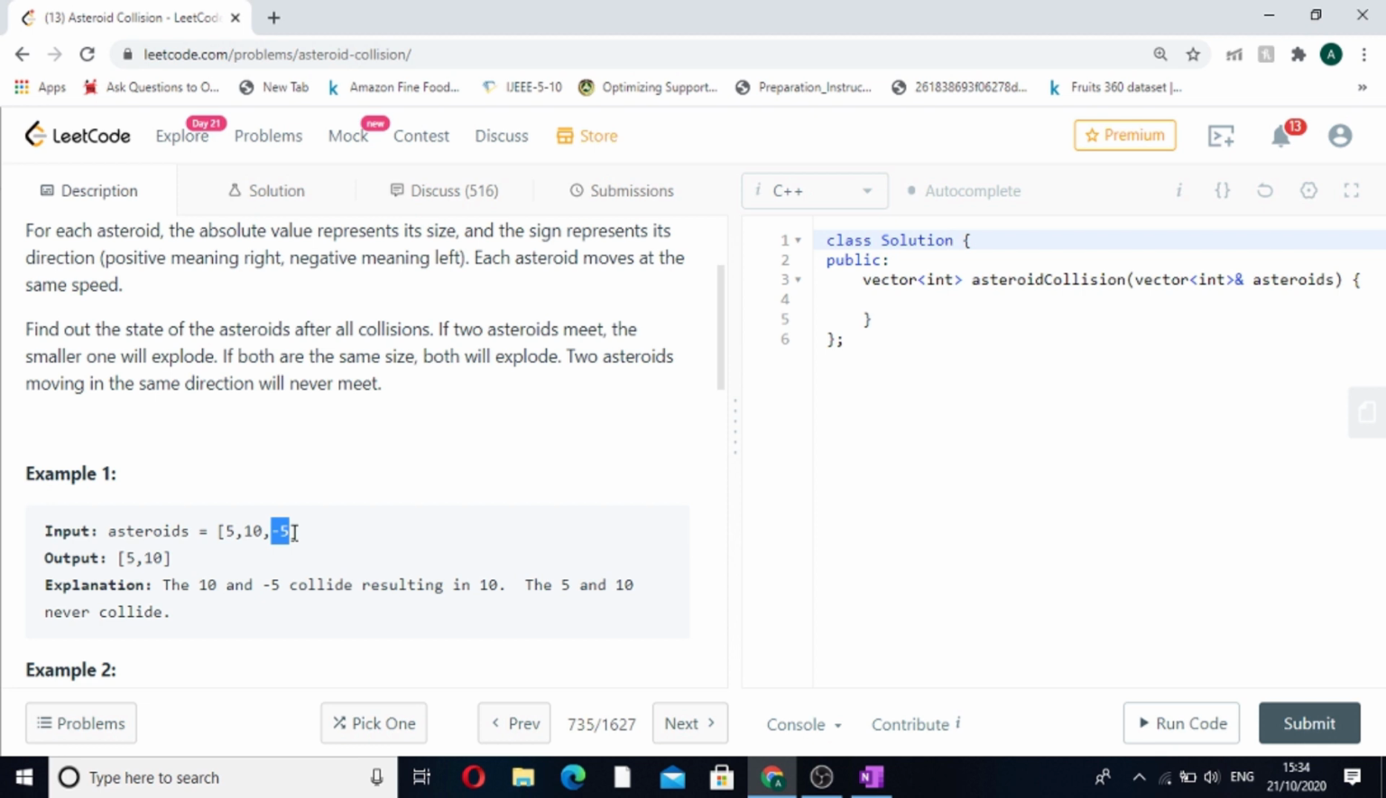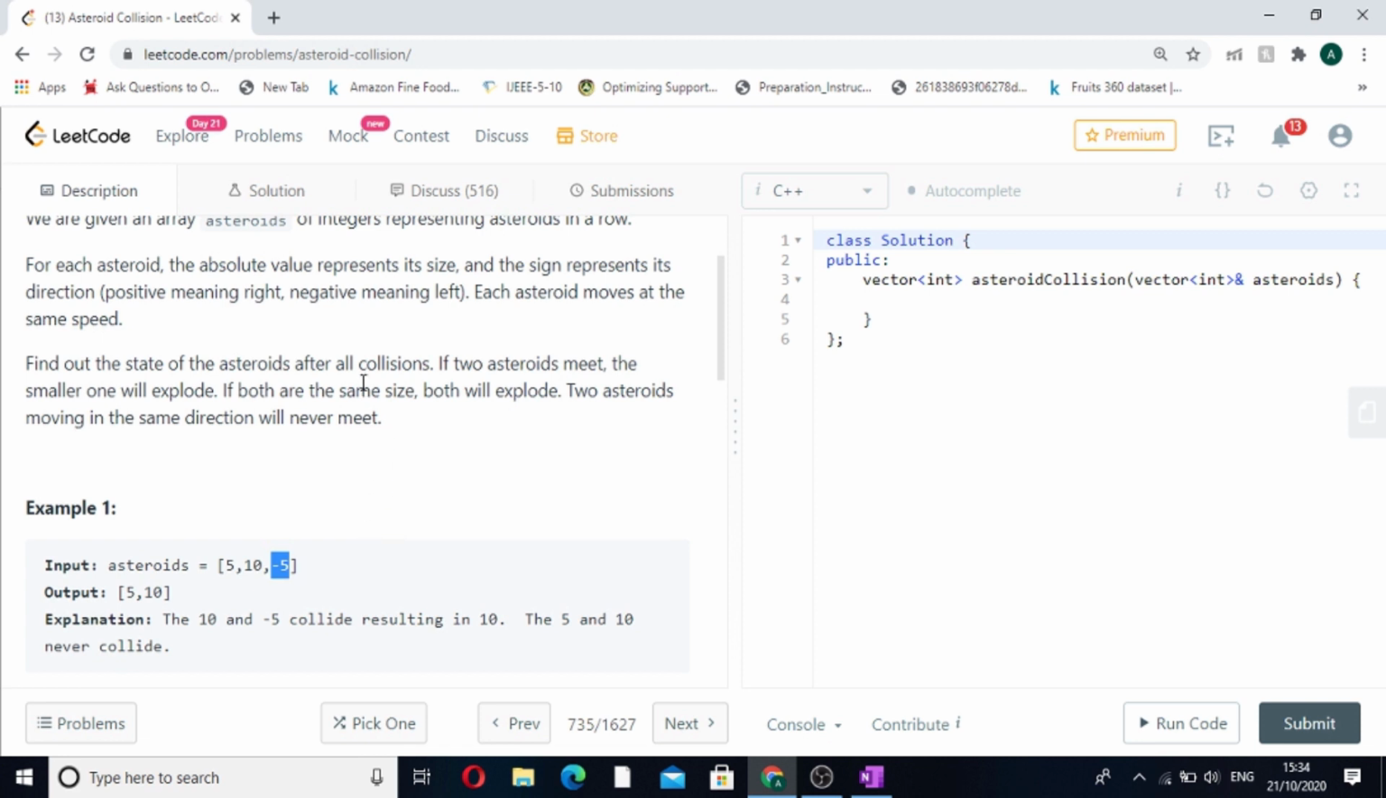We know that when two or three things are moving in a single row and they are moving opposite to each other, there are high chances of collision. So what we have to do is find these collisions, and if two asteroids collide, the